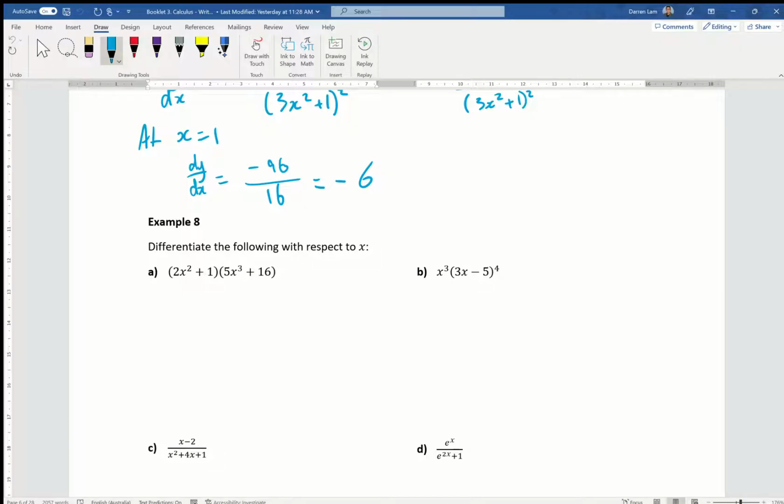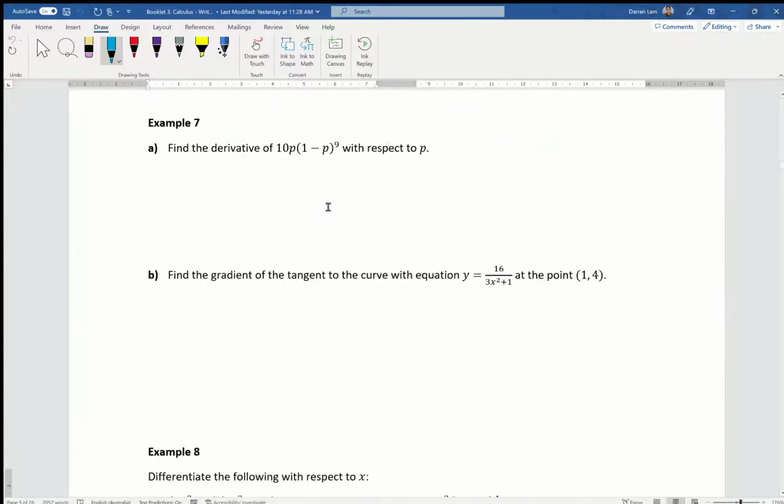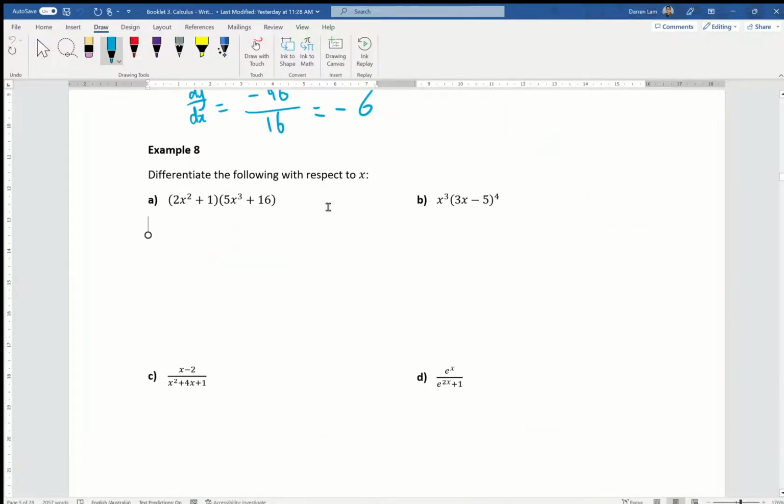Of course, because they're multiplying, I'm going to be applying the product rule, which means I'll just quickly scroll back up, this rule right here. We're going to differentiate one of the functions, or one of the sections of it, and multiply it by the other section that's not differentiated. And again, because it's addition, it doesn't matter what order. So you should end up with, and you may have it in a different order,